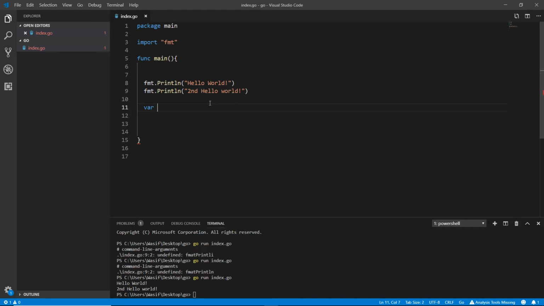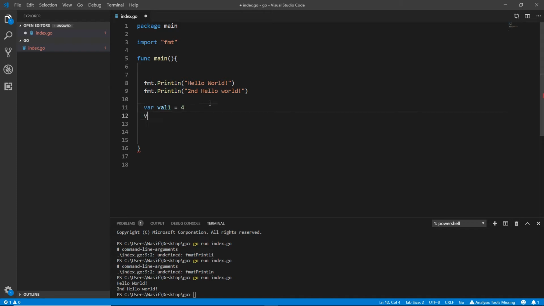Just to mention the white spaces, I'm using a variable. So I'm adding var and a space, then typing val1, space, equals to,